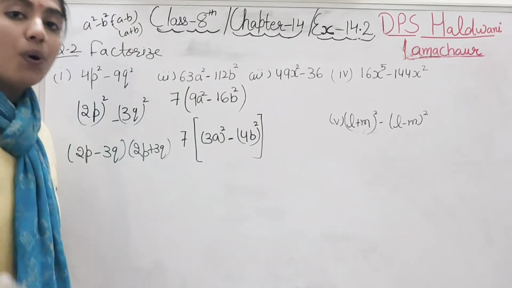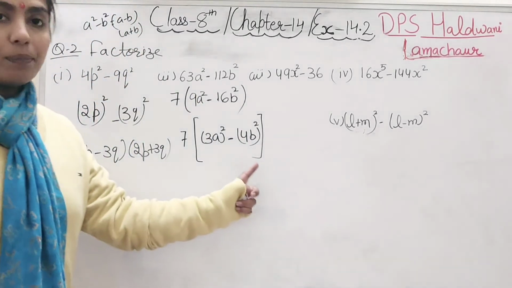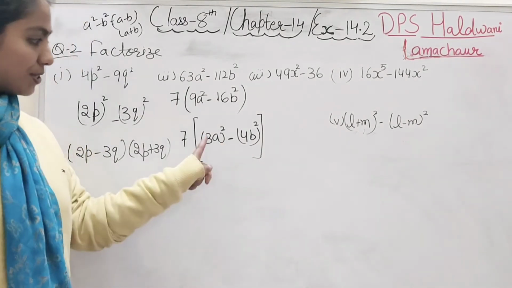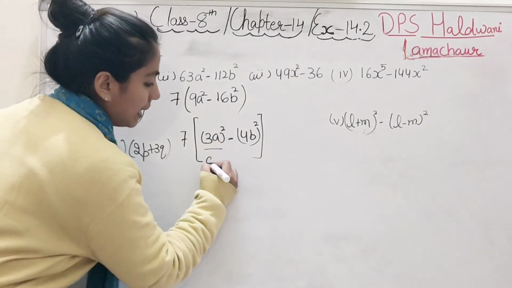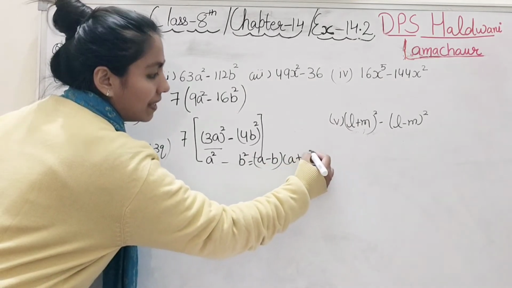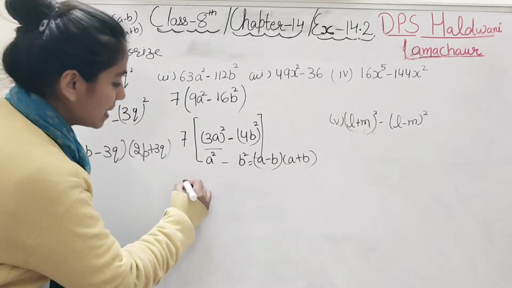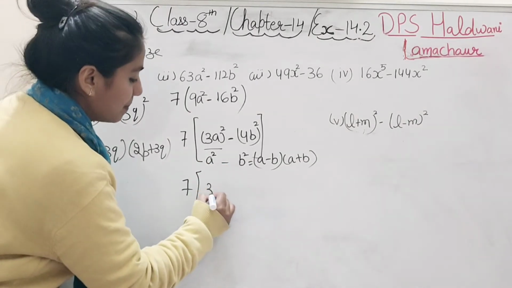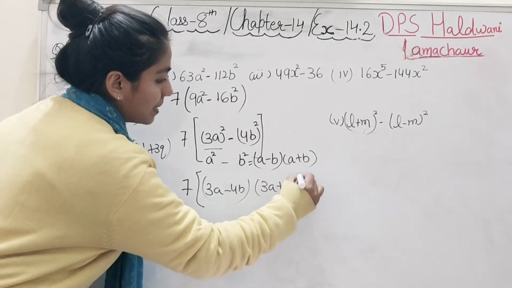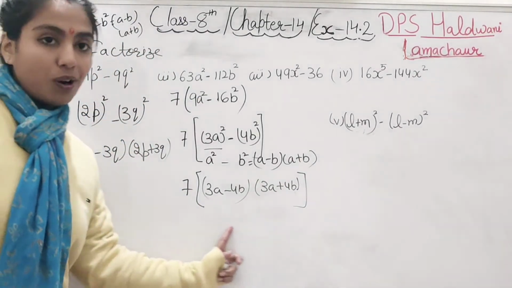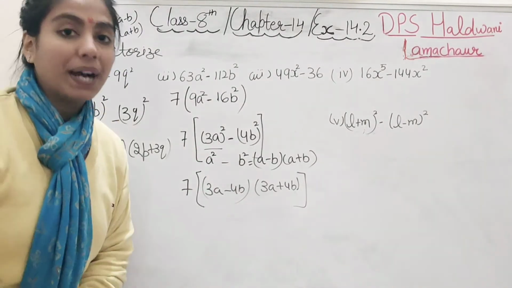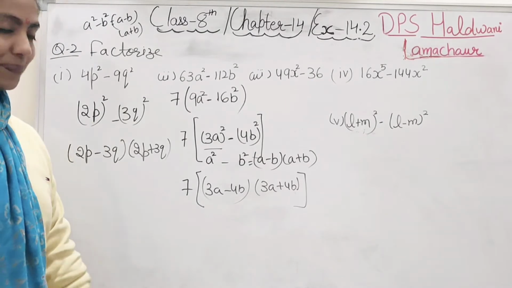Right student, you should know how to represent your answer. This square bracket is for both, and the small bracket is because we have made this square for 9. Right student, so a square minus b square. This is a square minus b square. The formula is a minus b and a plus b. Right students, so let's start. 7 will remain as it is. A minus b, 3a minus 4b and a plus b. And outside the bracket 7 is there because 7 is common for all the terms. Right student, this thing you have to keep in mind. Okay. So see second part, I hope you understood.